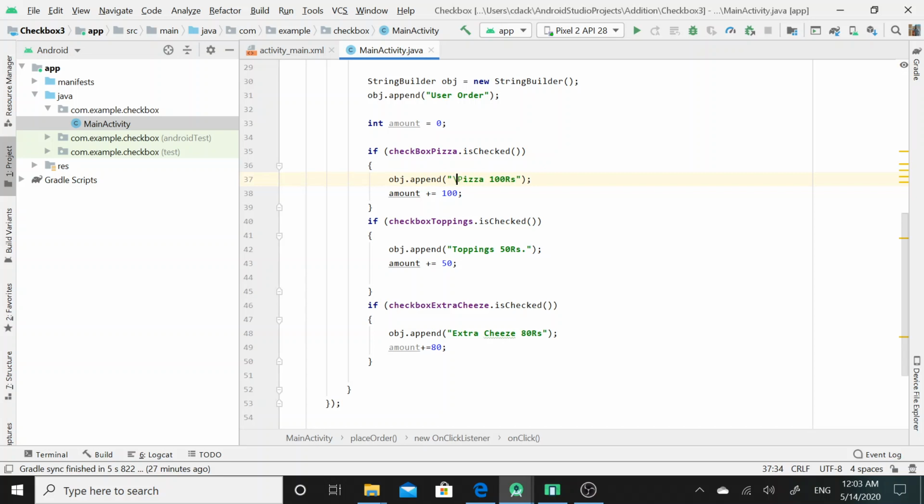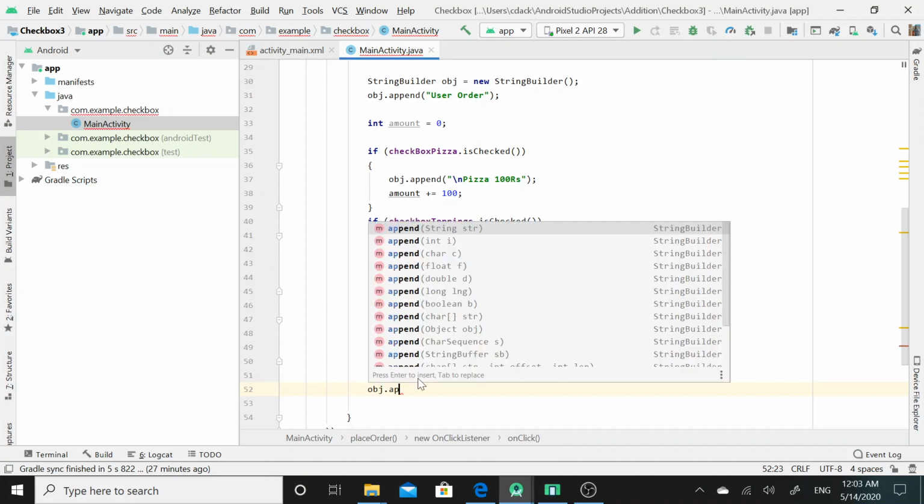Here I will apply the \n escape sequence so that I will be able to display each selection on the next line. Then finally I am supposed to calculate the total cost which will be charged to the user according to the selection made by them. Again I will call the append method.